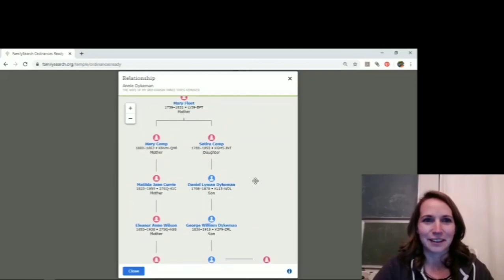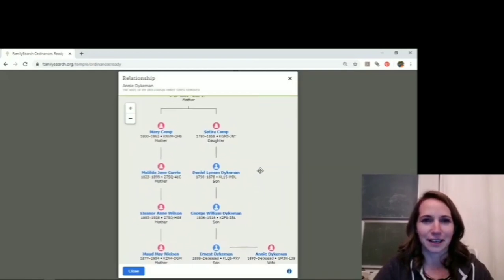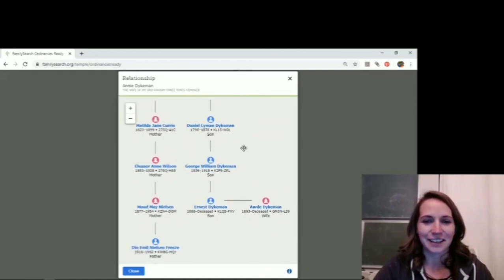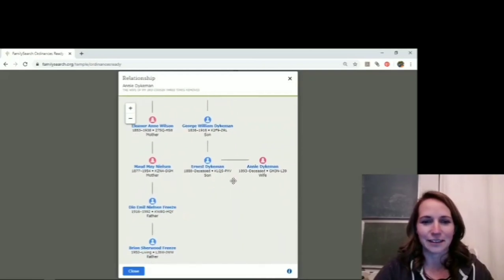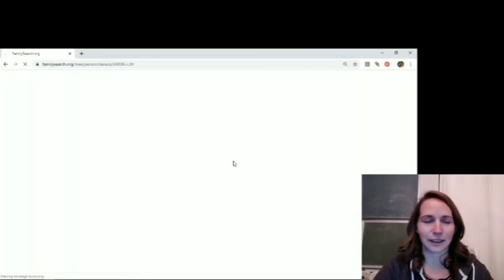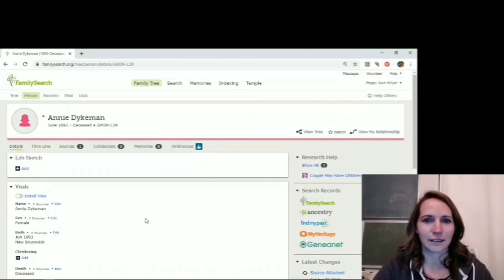So she's the wife of my third cousin 3 times removed. So not very closely related, but she is in there. And so I think they do try to, I'm not sure how they do that, but to try to get people who are connected to you somehow. So if we just click on her, and you can look at her profile page and learn a little more